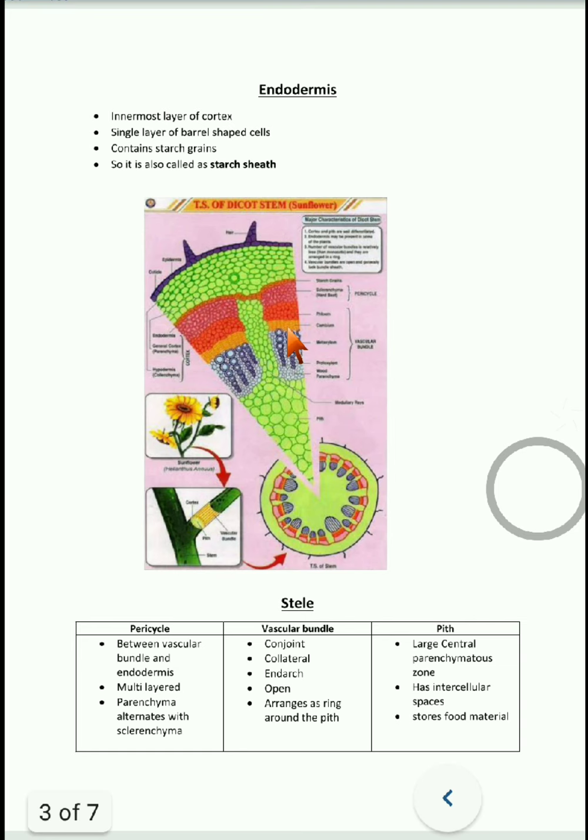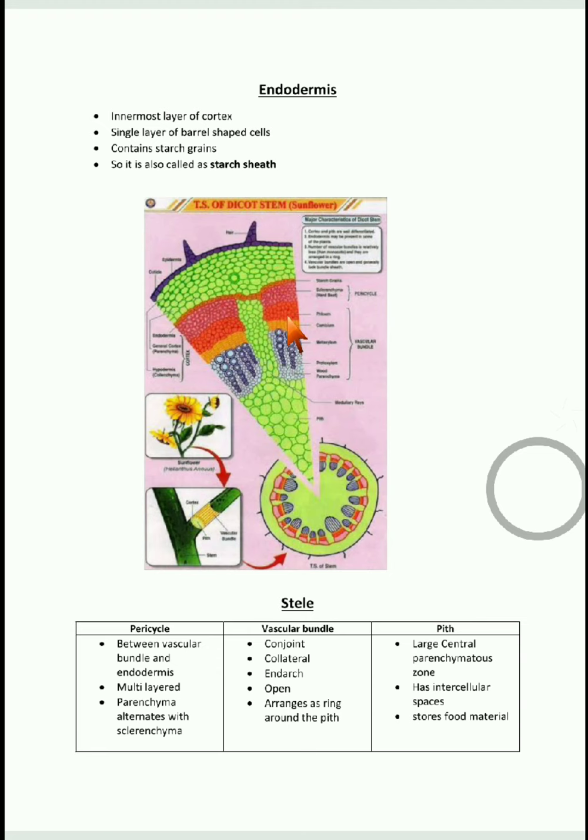Okay, cambium is present. So here the vascular bundle is conjoint, that is, xylem and phloem lie in the same radius. They do not change the radius. You can see the radius of xylem and phloem, they lie in the same radius, so it is conjoint. And next we can say that it is collateral, because xylem lies towards the center and phloem towards the periphery or boundary. So this type of arrangement is called collateral.